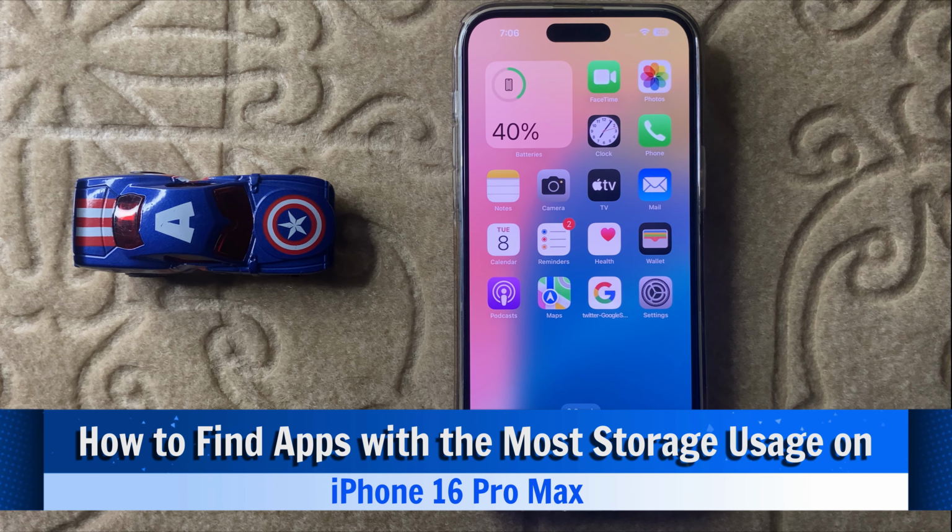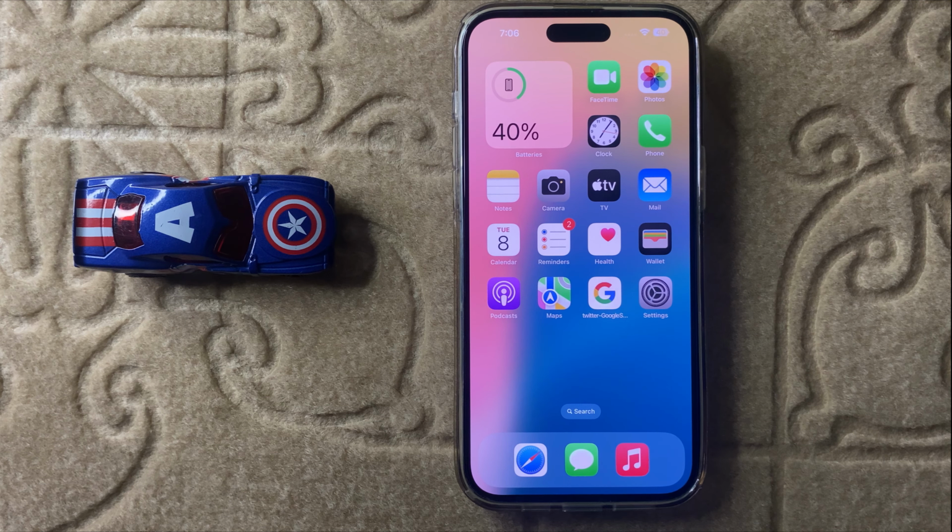Hello everyone, today in this video I will show you how to find apps with the most storage usage in